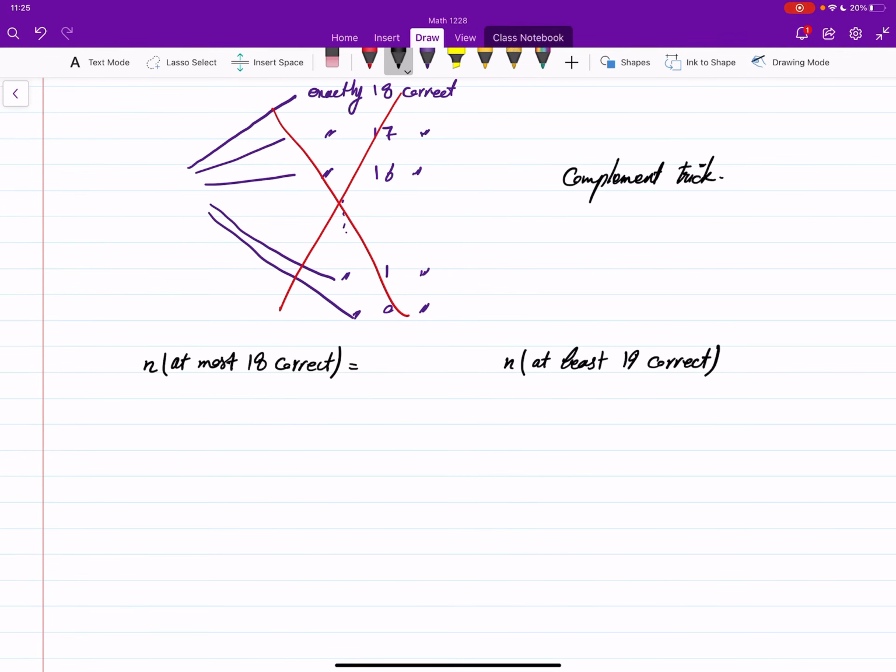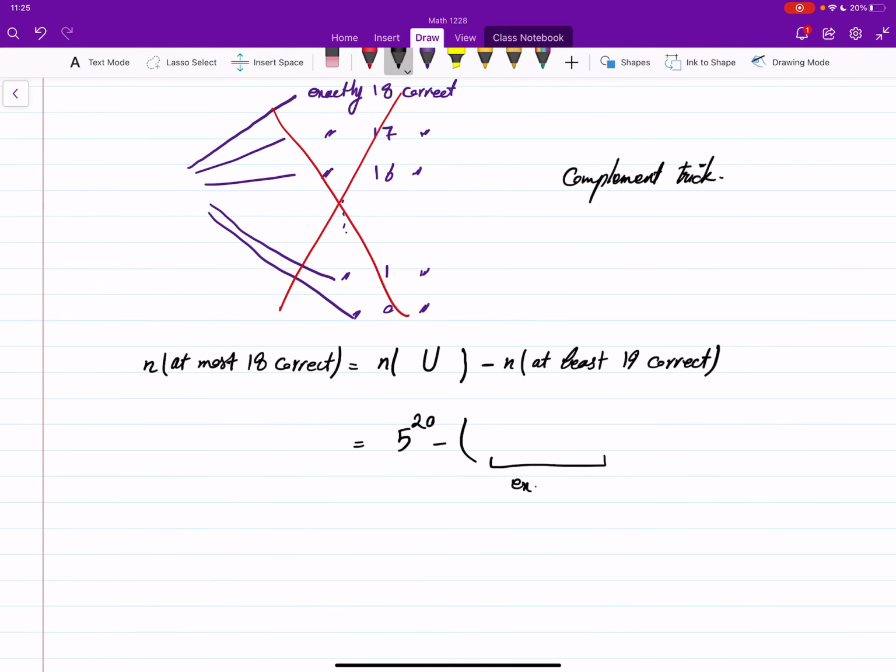But we have to take n of all possible ways that we can answer the question. So n of u minus n of at least 19. Here, n of u is the number of ways we can answer questions without any conditions. Well, the first question has 5 options, the second question has 5 options. So you multiply all those things, 5 to the power 20, minus at least 19, which means